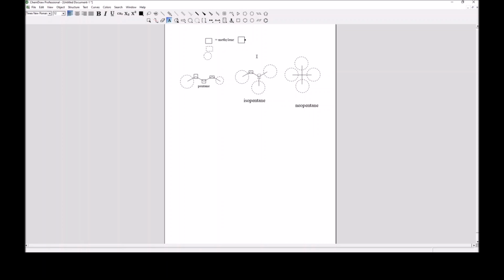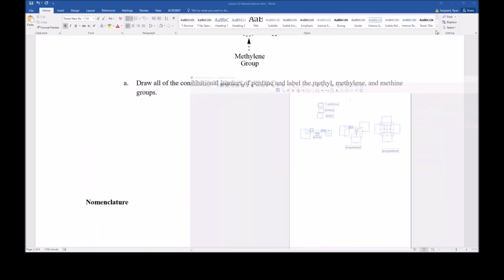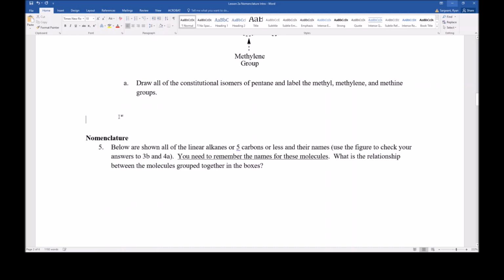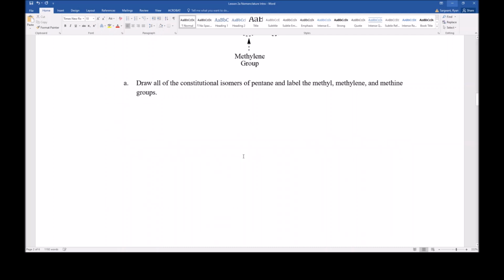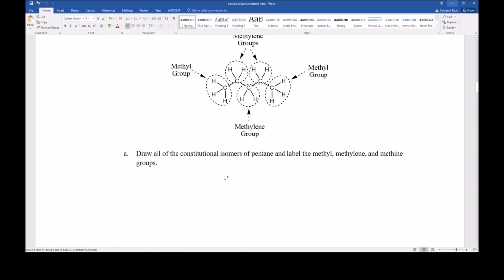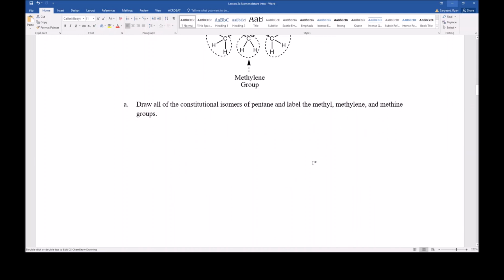The dashed box was the methine, and the circle was the methyl. There we go. Okay, so we have all the constitutional isomers of pentane, and we've labeled the methyl, the methylene,